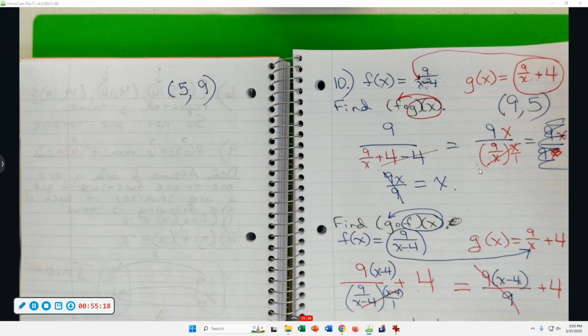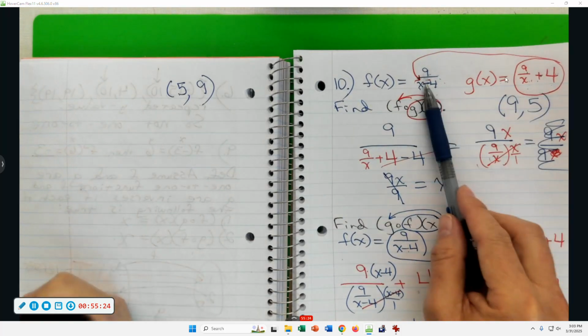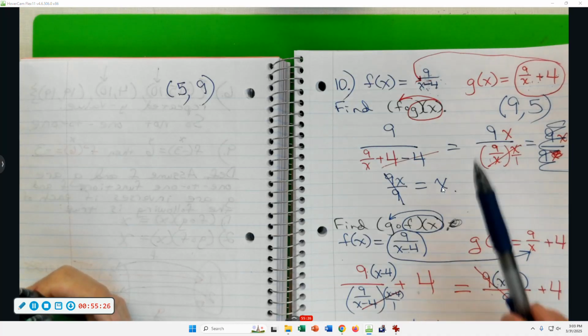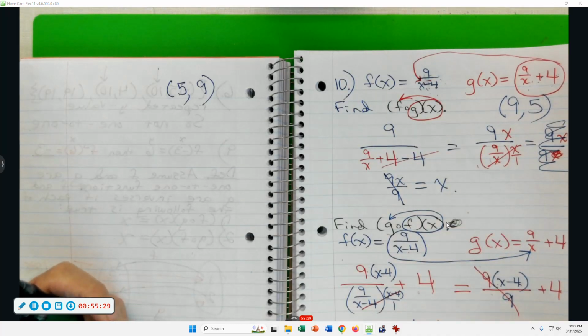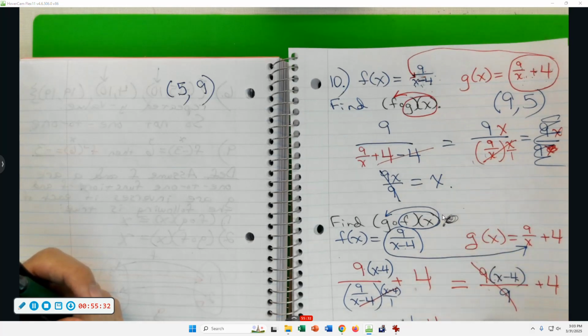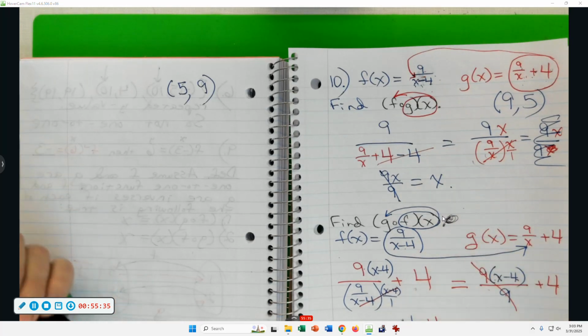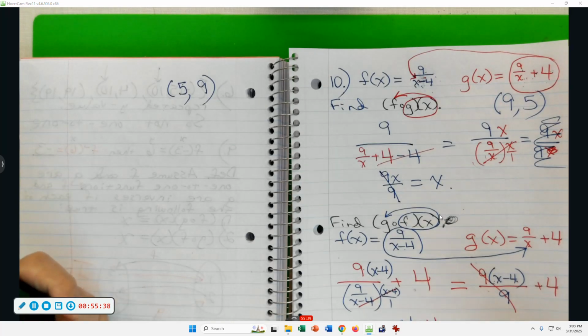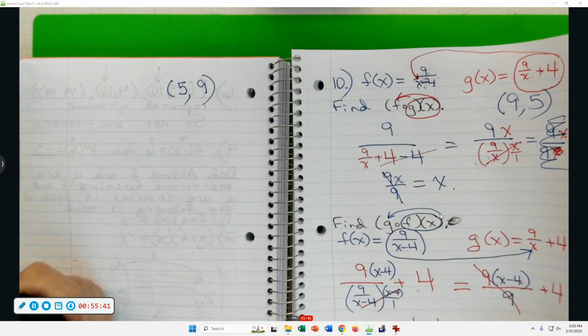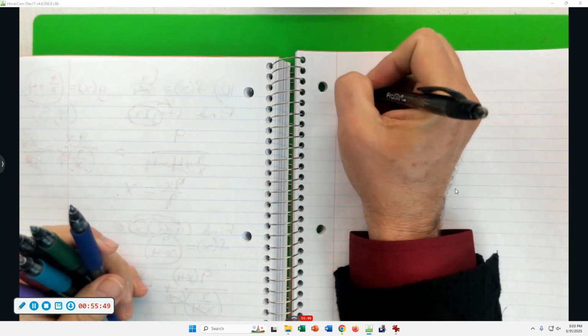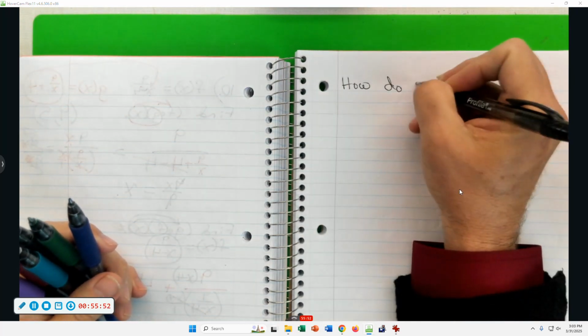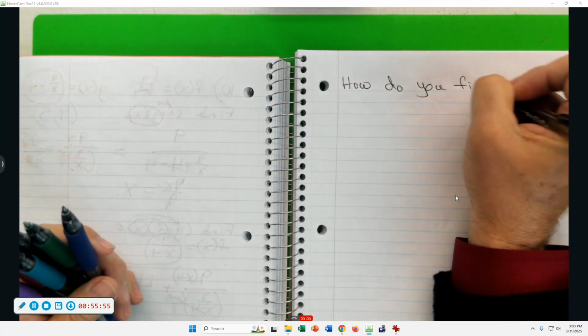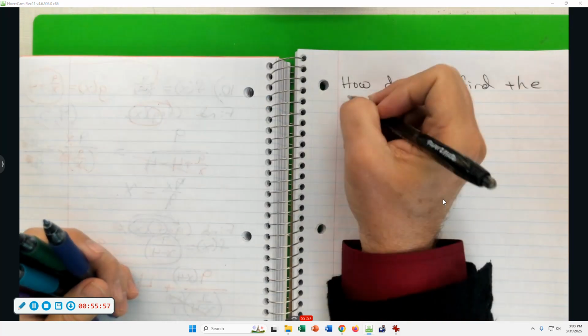I guess the sensible question is, if we have two functions, we can go through using composition, f of g and g of f, to show either yes they are inverses or no they're not. If both compositions reduce to x, they're inverses. If the compositions don't reduce to x, they're not inverses. So the sensible question is, how do you find an inverse when you're given a function? Suppose you weren't told g of x equals. How do you find the inverse